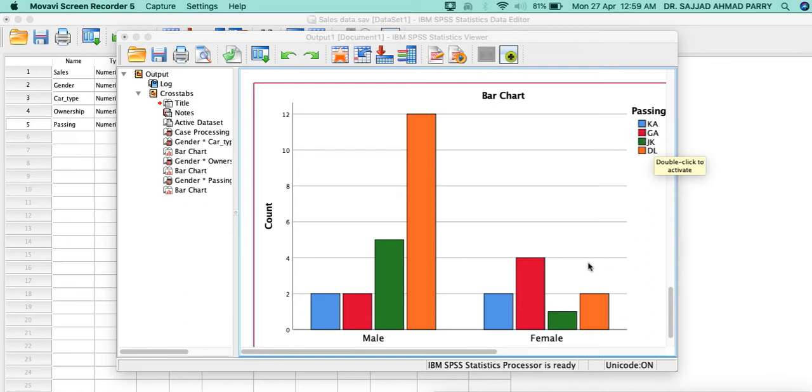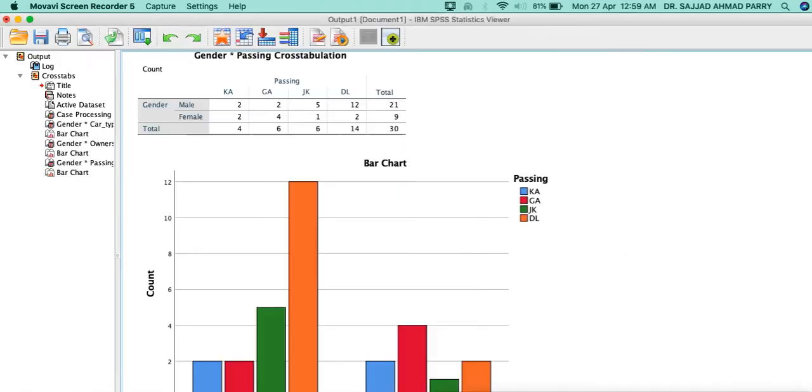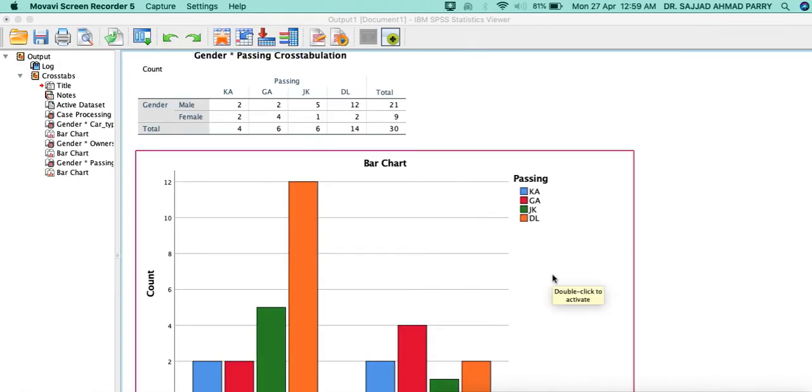Out of females, most of the females are using cars of Goa passing, and then the fewest are JK passing, right? And then 2 females are using a vehicle from Delhi and which one? Karnataka passing, right?